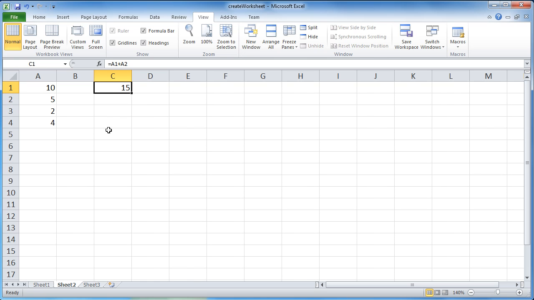The reason we reference those cells rather than hard coding anything is so that later if we want to change the data, then the calculated cells will automatically be updated. For example, let's say in A1 I wanted to change that data to a 2. You can see once I enter in that 2 and press enter, the data in C1 updated. Now remember, C1 is a calculated field of A1 plus A2. I'm going to go back over and change that back to 10.